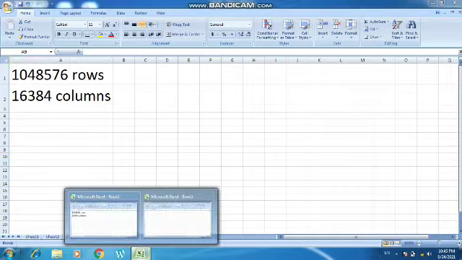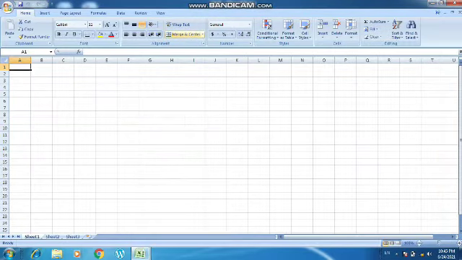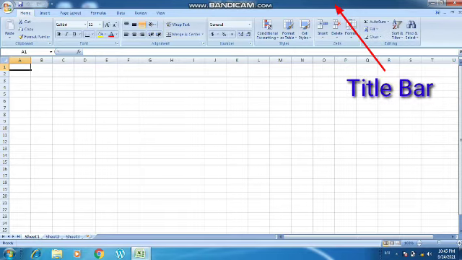Now let us quickly see how many menu bars there are and what their work is. The first bar which you can see is called the title bar, where you can see the name Book1 written. Right now this file is not saved, so it is written Book1. When you save the file with your own name, it will change to the name which you give while saving, right? This is called the title bar.